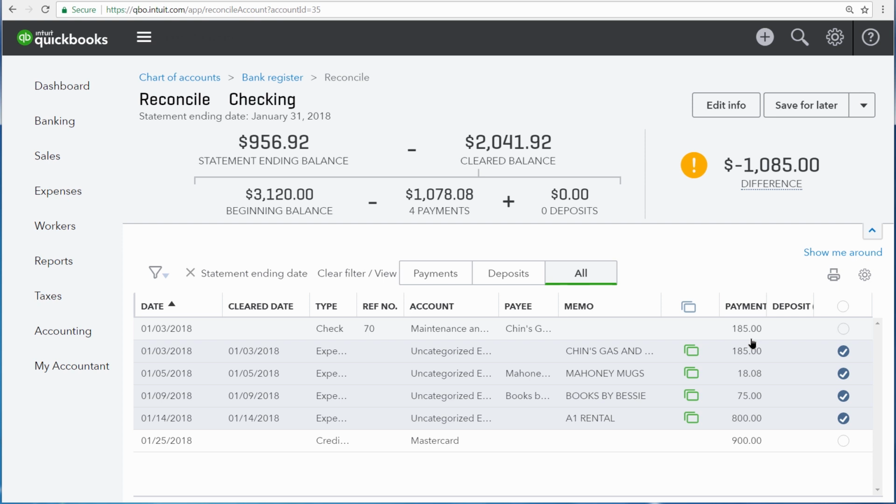If you've been using online banking, you'll find that many of the transactions in this window appear to already have a check mark next to them. This tells you that these transactions are pre-approved. They've been downloaded directly from the bank or the credit card company, so QuickBooks knows that they are also already going to appear on your bank statement. They'll also have an icon right here.